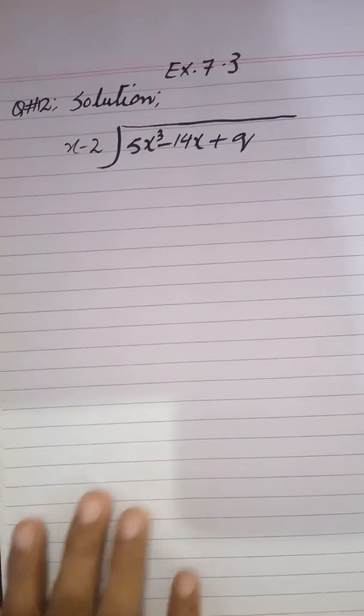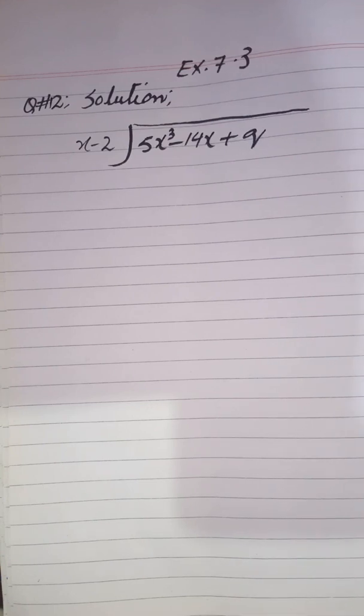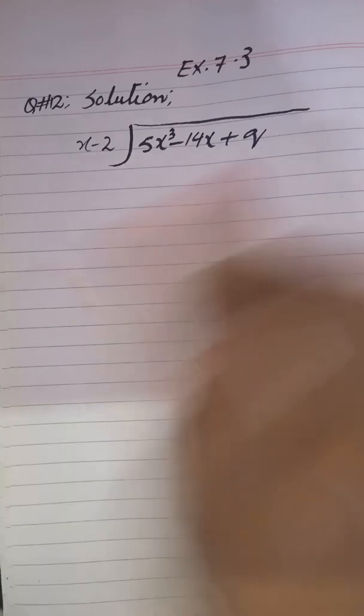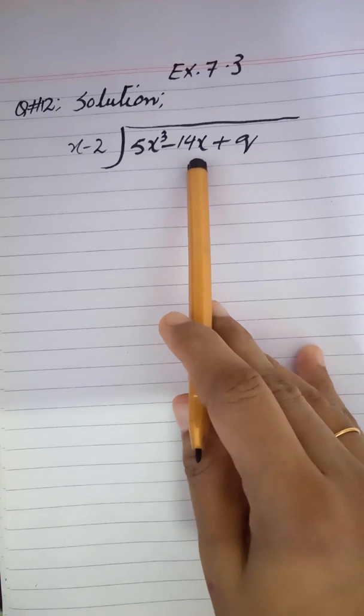That is the last question of exercise 7.3. I am reading the question. For what value of q is the expression 5x cube minus 14x plus q exactly divisible by x minus 2? Okay, what they are saying, it means this expression 5x cube minus 14x plus q